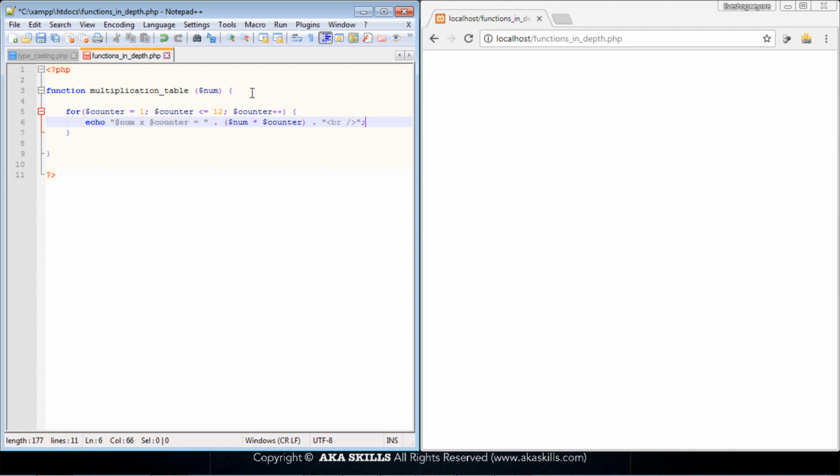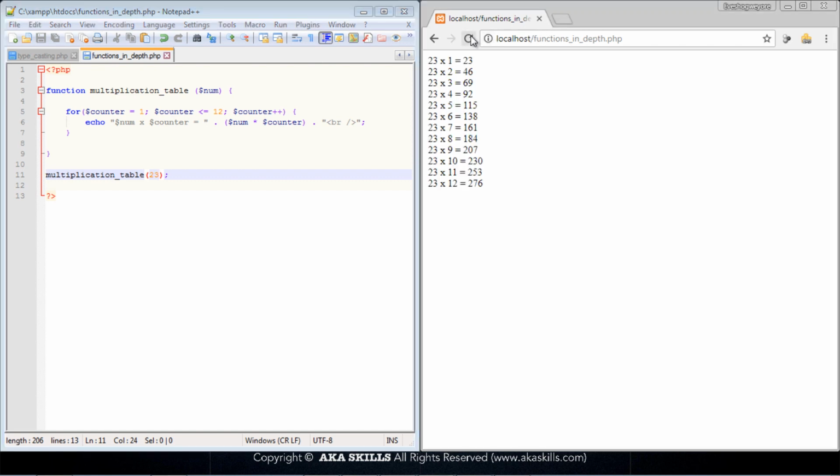This looks good. Now, for us to confirm if this is actually fine, we'll need to call the function. So since I am too lazy to type, I'll just come here, copy this, come here, paste it right here, and then do this as usual, calling the function. So in between these parentheses, I will need to specify a number because this function is actually expecting me to pass something here. So let me pass 23. I'll save this and then I'll refresh it right here, and you notice that whoa, we got 23 times 1